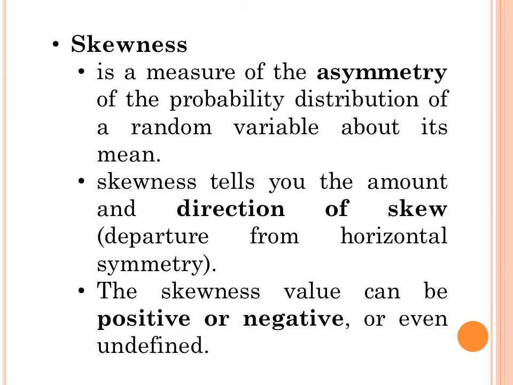Skewness is a measure of the asymmetry of the probability distribution of a random variable about its mean. So when we say skewness, it will show us the distribution of the students, for example, in a Cartesian plane. However, it is not symmetrical, just like the bell curve. It will not show you a very